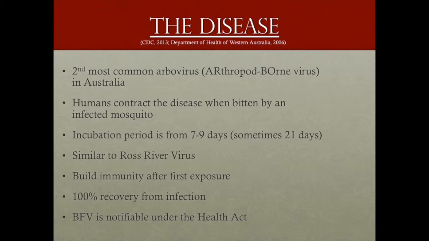The condition is very similar to another infection that is also found in Australia, called the Ross River virus. Given both viruses are very similar, the main difference between them is the Barmah forest virus is shorter in length and less severe. The Center for Disease Control reports that if you get the infection once, it is probable that your immune system will build up resistance against it. There is a 100% chance of recovery from the virus, and it is not fatal.